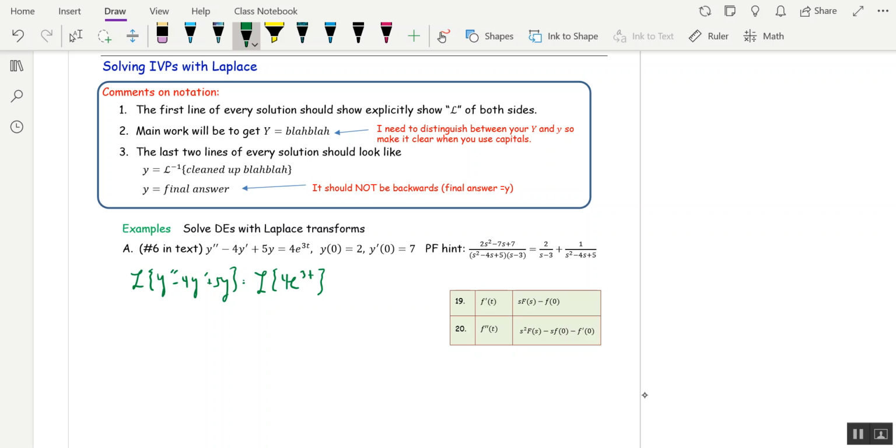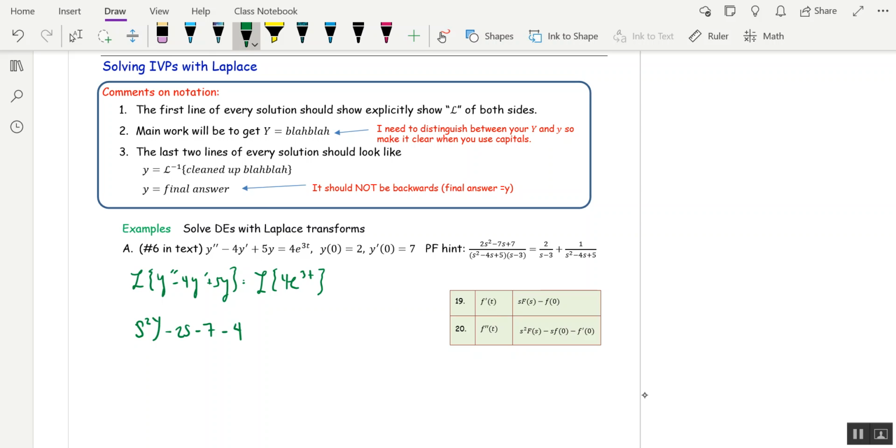Okay, now we're actually going to do that. As I take L of y double prime and L of y prime, I'm using formulas 19 and 20 in your table, and I've replaced little y with little f and big F is big Y. So we're just changing F's to Y's. I'm going to go through this fairly quickly, but it might take you a little longer at first when you're getting started. S squared big Y, minus s y of 0. Y of 0 is 2, so that's minus 2s, minus y prime of 0, so minus 7,